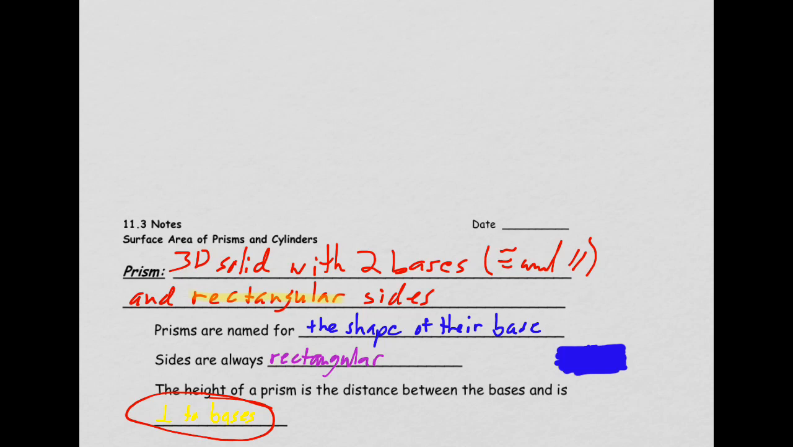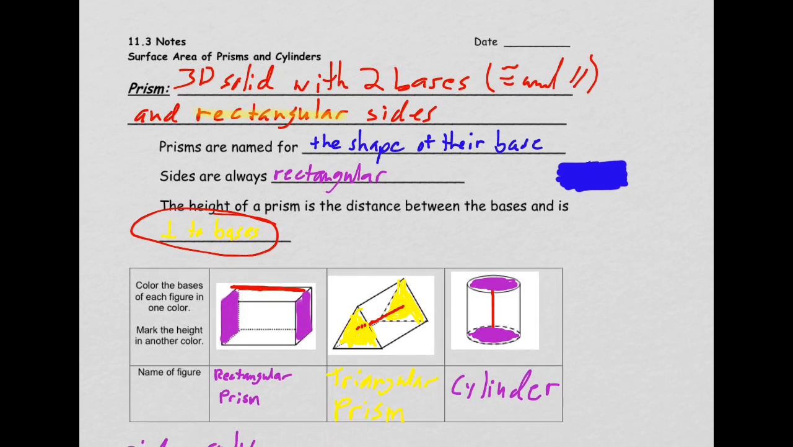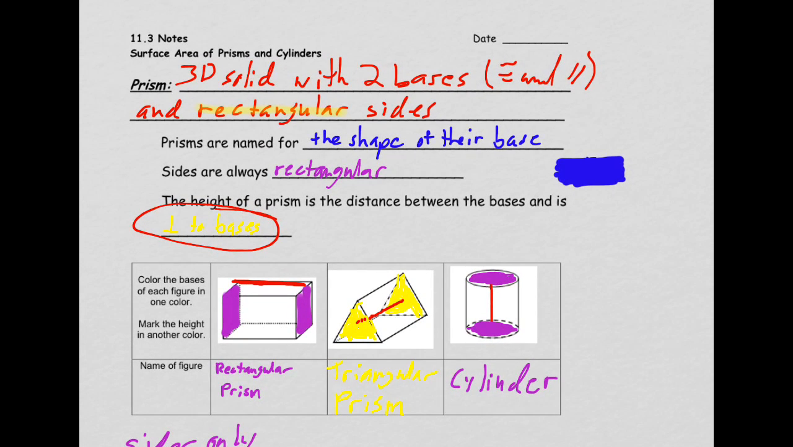So, prism. We'll start by talking about prism. A prism is a 3D solid with two bases, and the bases are congruent and parallel, and rectangular sides. Okay, so what does that mean? That means that in this rectangular prism,